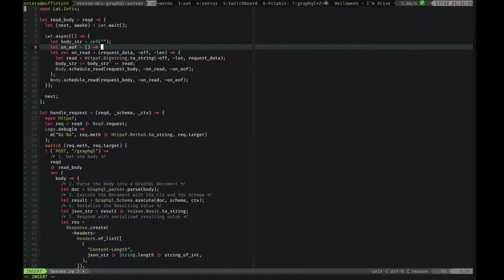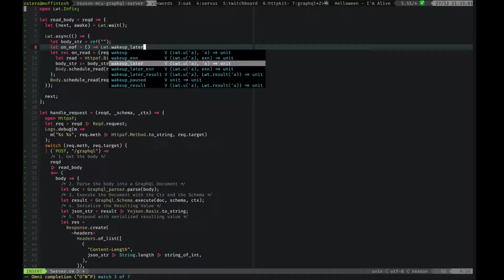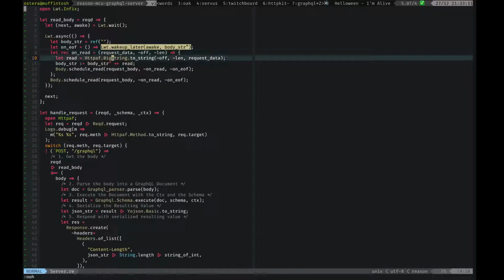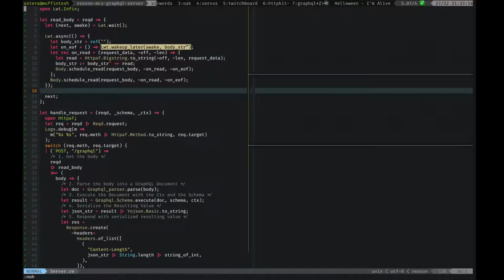And then the file, we want to do Lwt.wakeup, I think it's called. Yeah, wakeup_later, and then we'll use the awaker, and then we'll pass in the contents of the body string. And this should return a unit if I'm not mistaken. Yes, okay, that's good. So if we save,